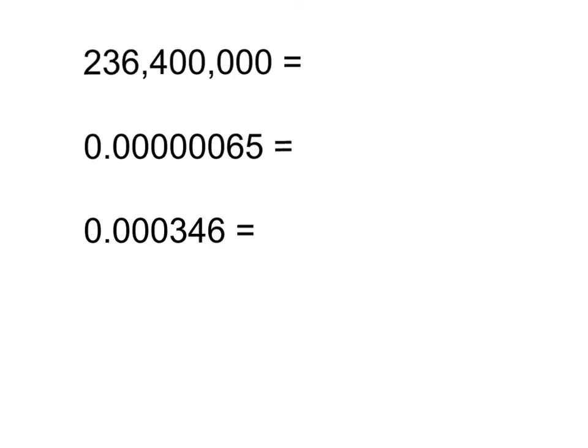So let's take a look at a few examples. In this first one, to put this in scientific notation, we need to first determine where we want the decimal. Well, we want the decimal to be right behind the first digit, because we only want one digit in front of the decimal, so it's going to be 2.364 times 10 to some power. To determine what that exponent is,